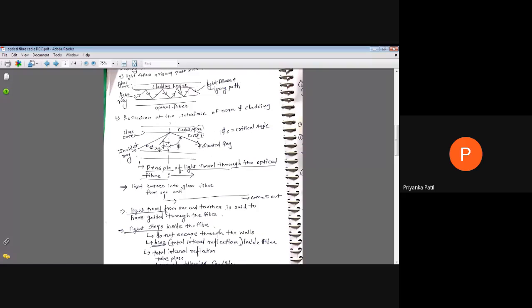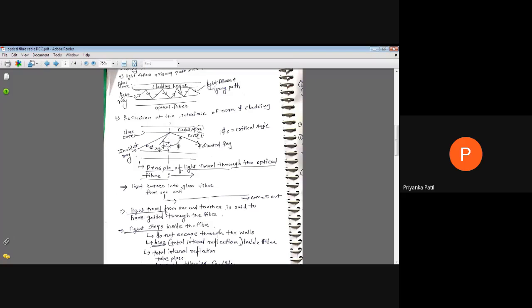The total internal reflection of the light takes place only if the remaining two conditions are true. In the first figure, whenever the light is generated and travels through the cladding layer, it is reflected on that wall, and in a zigzag manner it travels from one end to another end.